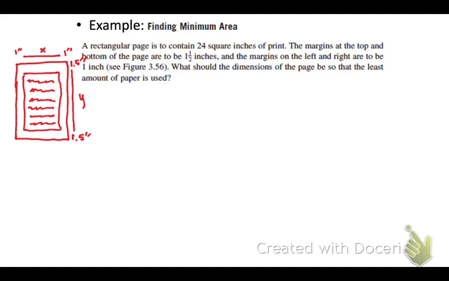So I would assume we're talking area, yes? Yes. Okay, so, well, it says 24 square inches of print. So that would be 24 equals X times Y? Yeah. Because that would be without the margins. Yes. So the area of the paper then would be